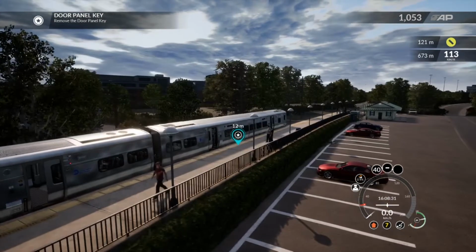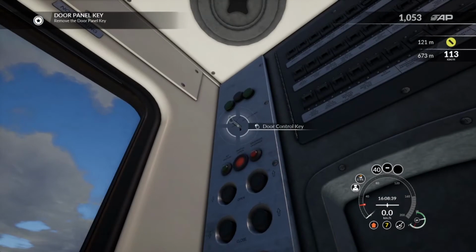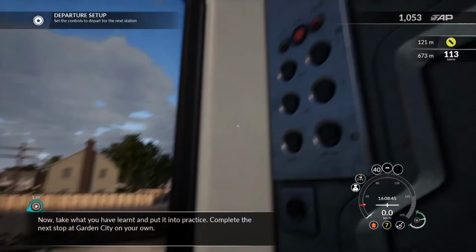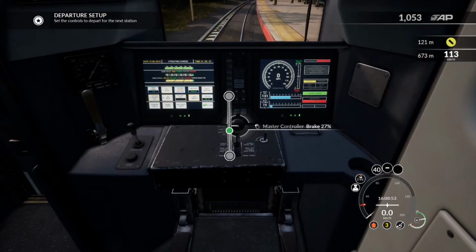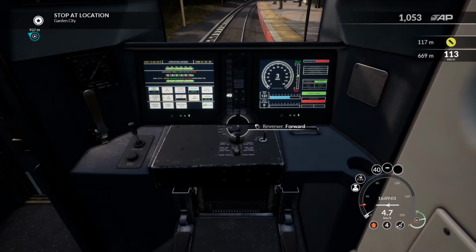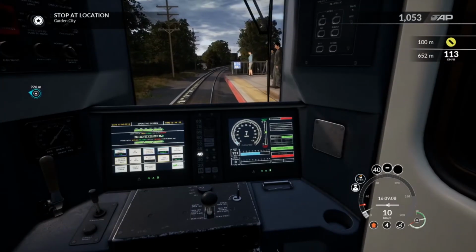Oh, it's telling us we've got to do all this door procedure, remove the door control buttons and keys. What a pain in the ass. I'm sorry, but what a pain in the ass. Now, take what you've learned and put it into practice. Complete the next stop at Garden City on your own. What a pain. What a pain in the ass. I know it's all safety, but it seems like a rather weird way to...